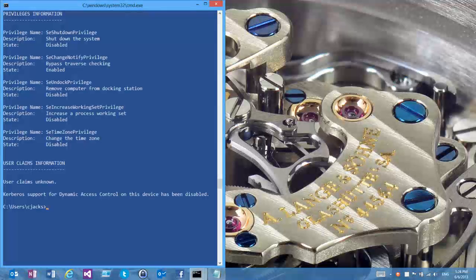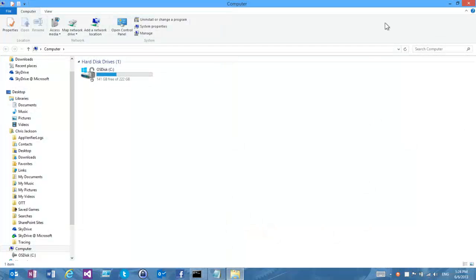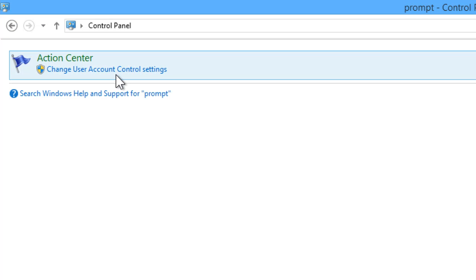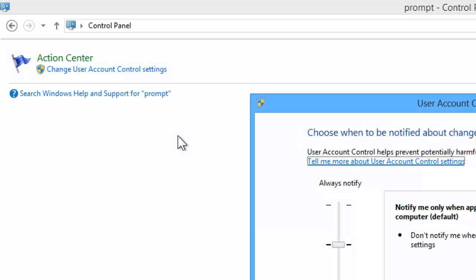UAC is far more configurable than a lot of people think. One of the things I love about the control panel is that you have search, and I especially love the fact that if you search for the word prompt, the one and only return that comes up is User Account Control settings. Like, oh, if you're looking for prompt, that's probably what you want.